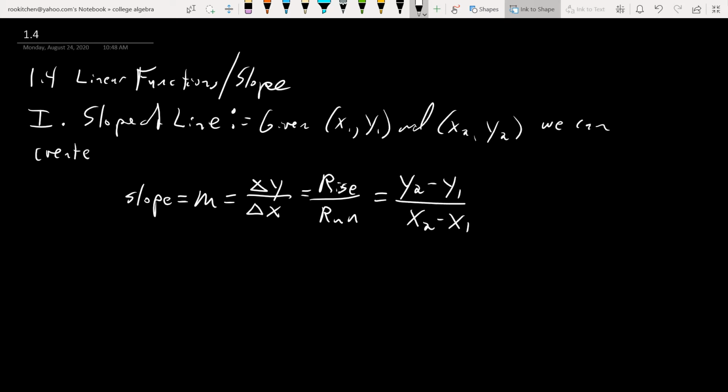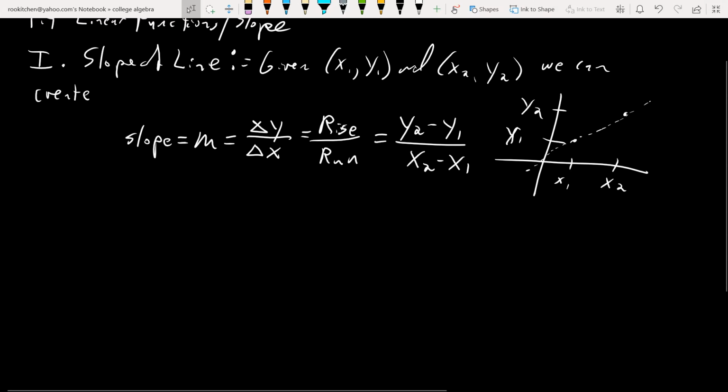Given these 2 points, x1, x2, and coordinates y1, y2, we can determine the slope of this line using this formula. Okay, so there's 4 main types of slopes or describers of a line, and there's the positive slope,